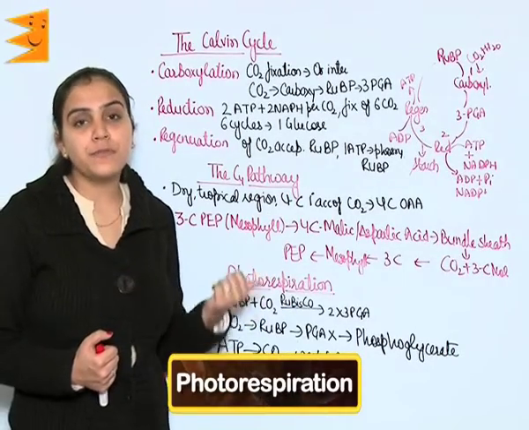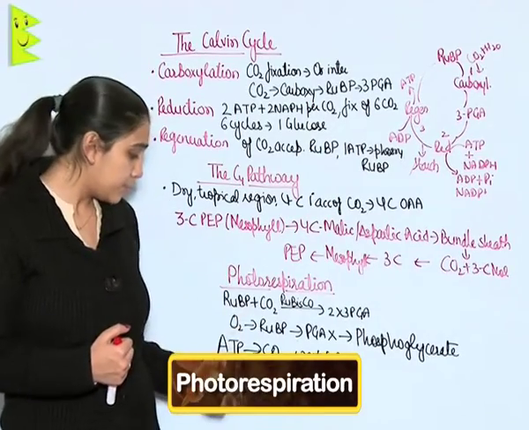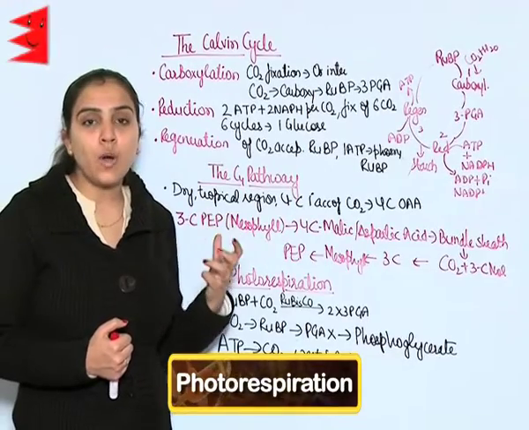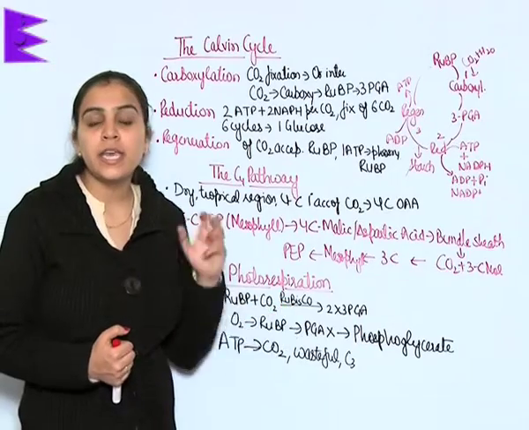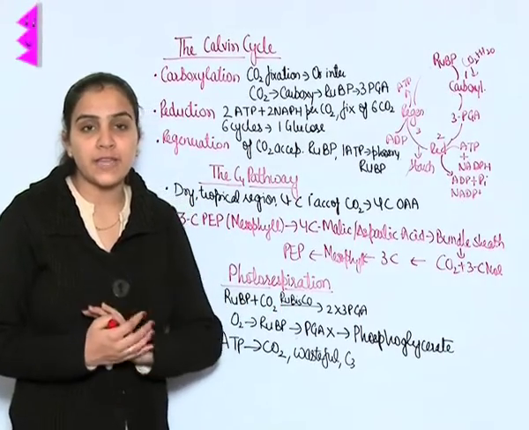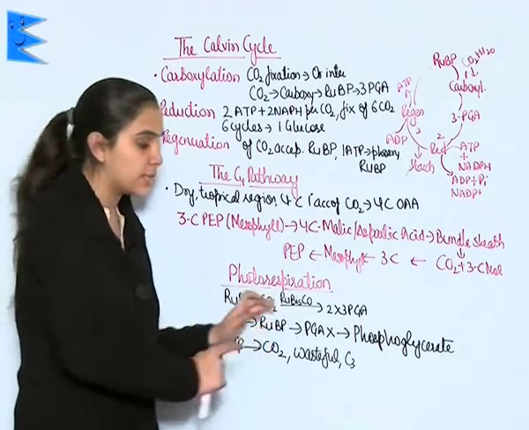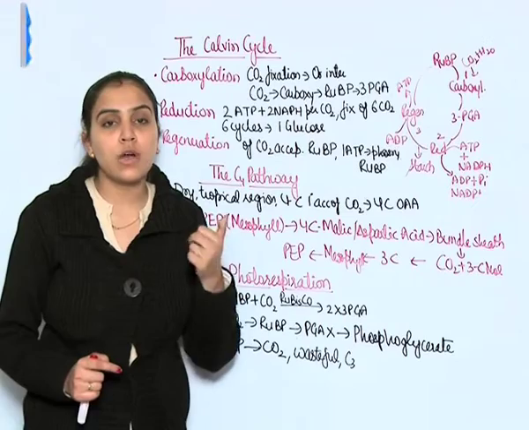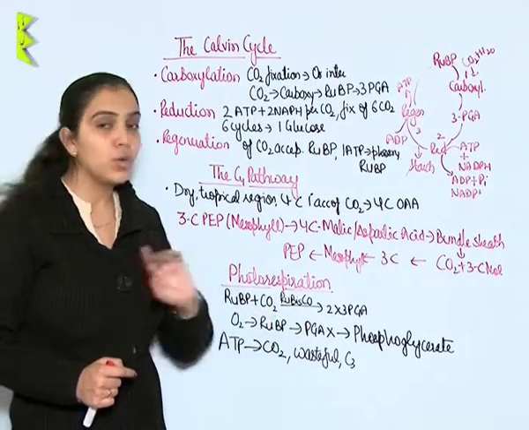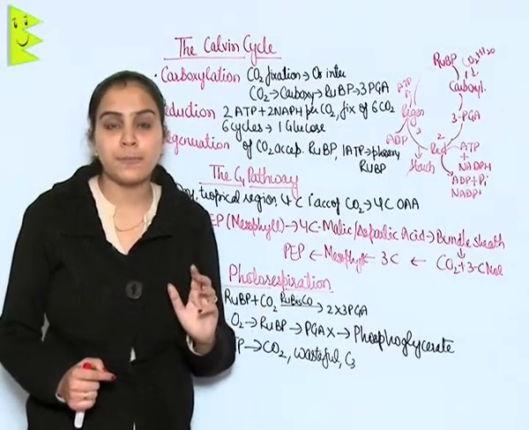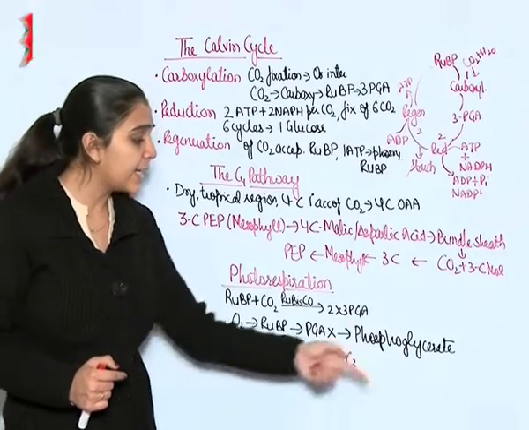Photorespiration. It is a wasteful process which usually occurs in plants where oxygen is also present, because in this, RuBP can bind to oxygen as well as carbon dioxide. When this RuBP binds to carbon dioxide, it gives us 2 molecules of 3-PGA. But when oxygen is bound to this, no PGA is formed. Instead of PGA, phosphoglycolate is formed, and hence